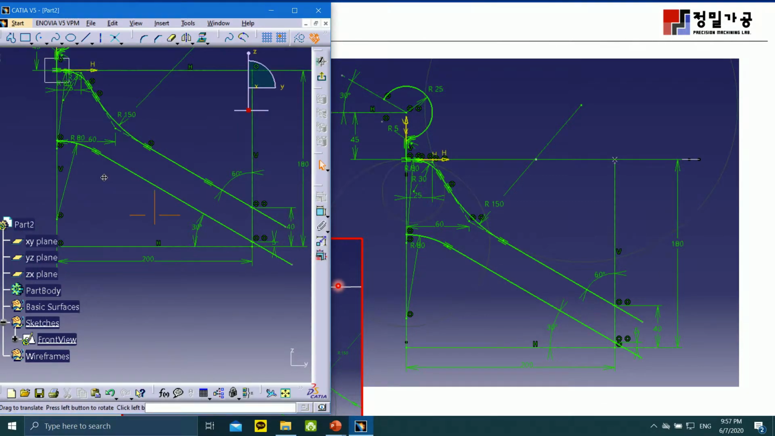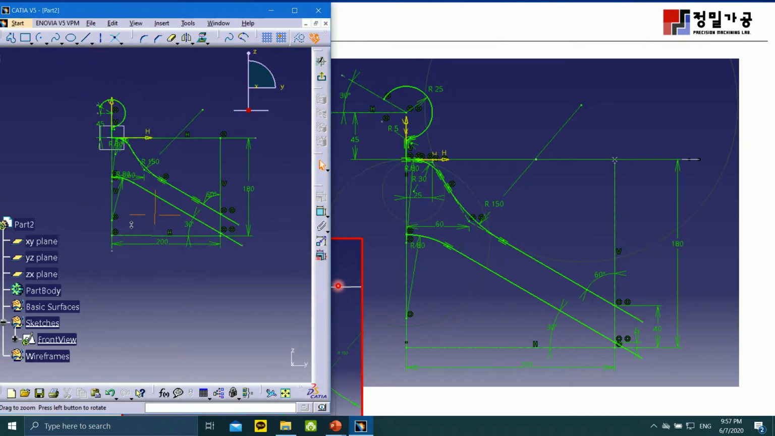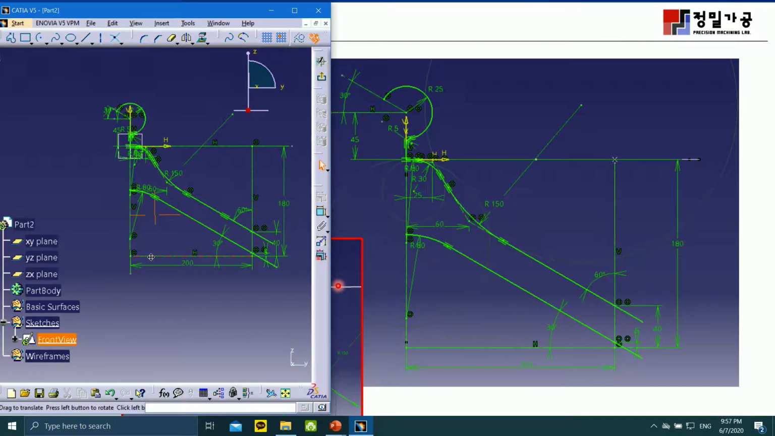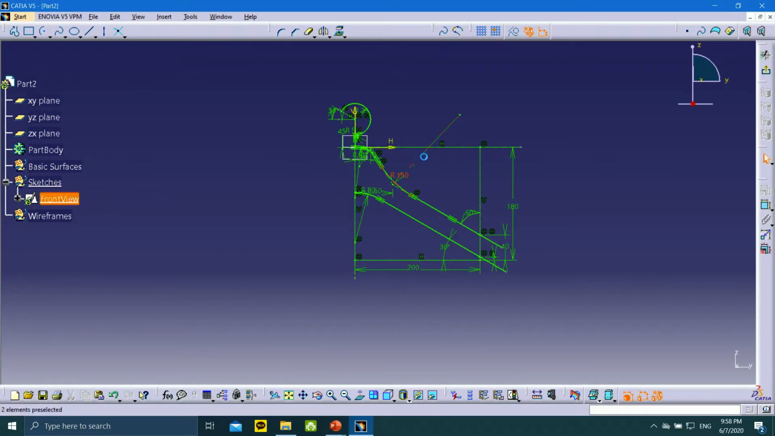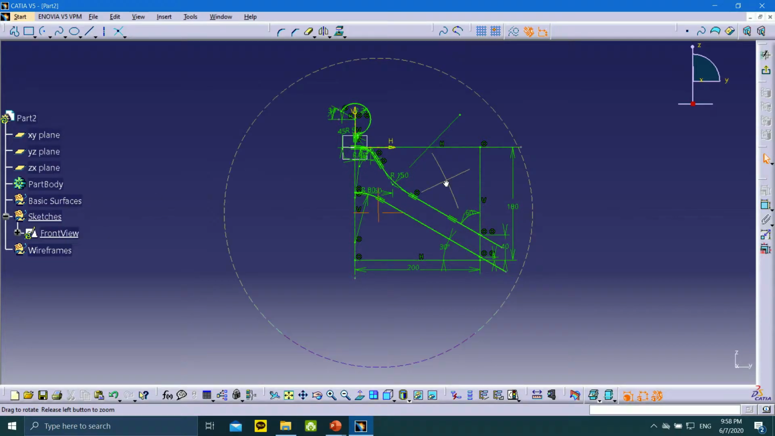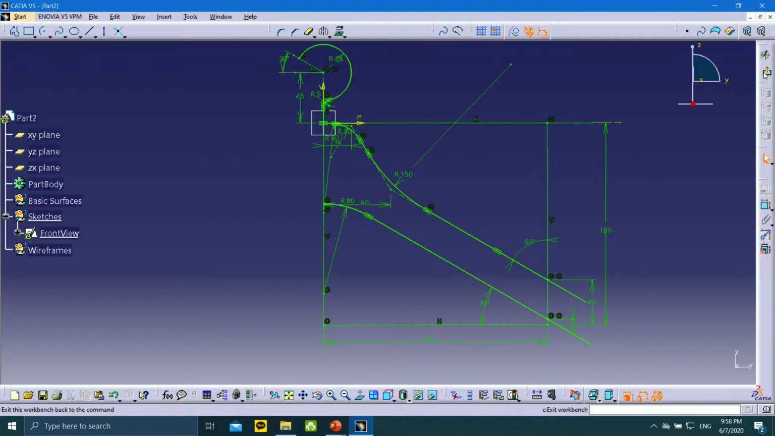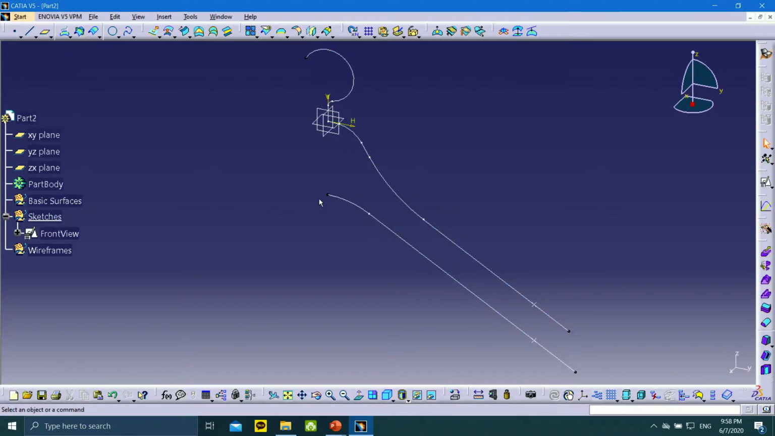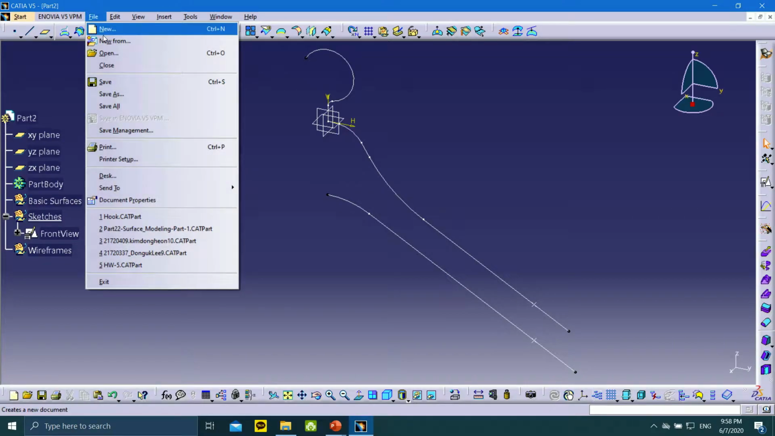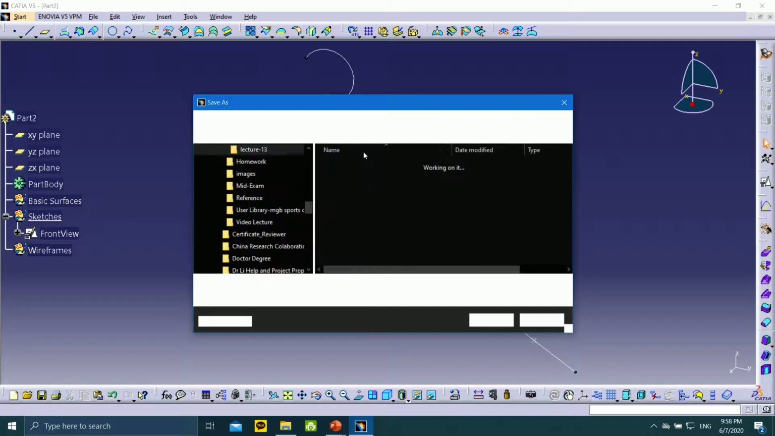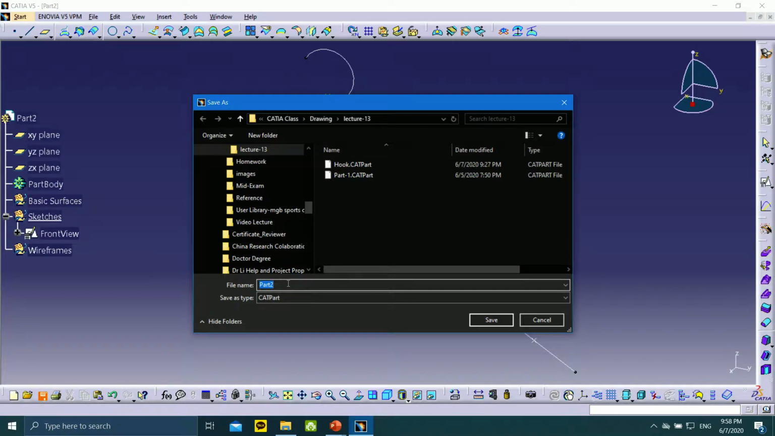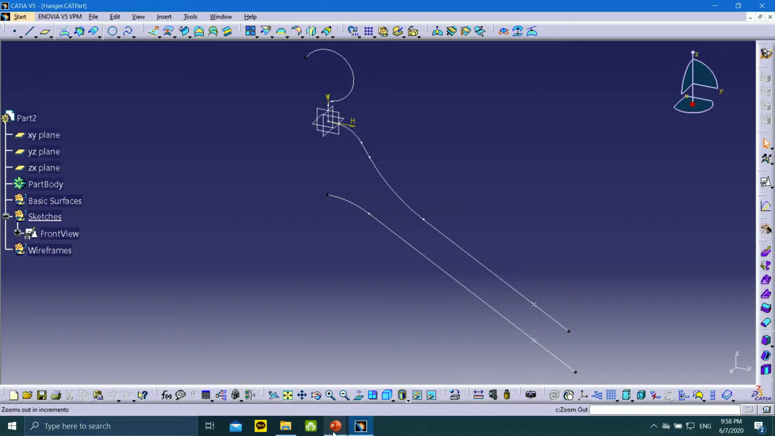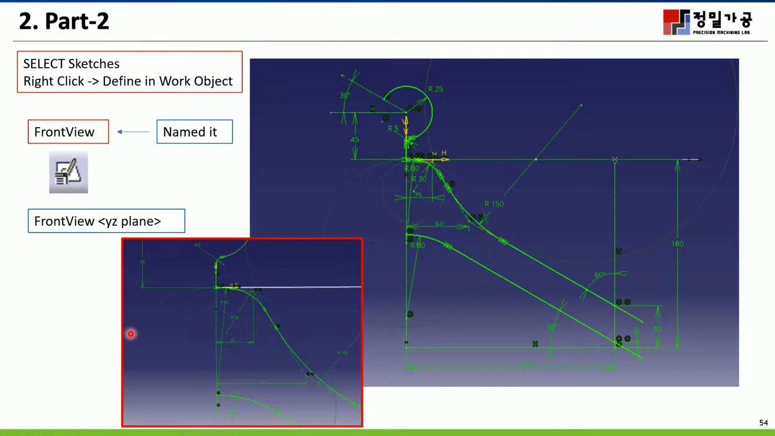This one is the front view sketch. Okay, because its name is front view, so we can exit. This one is front view. I will save it for this model, maybe in here, hanger. I don't want to lose this job because this one is complicated,